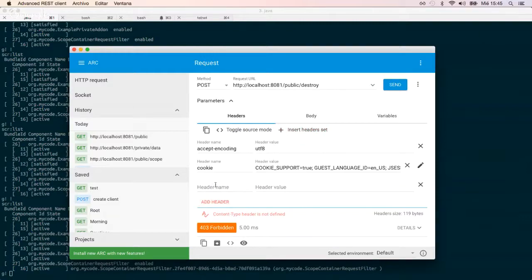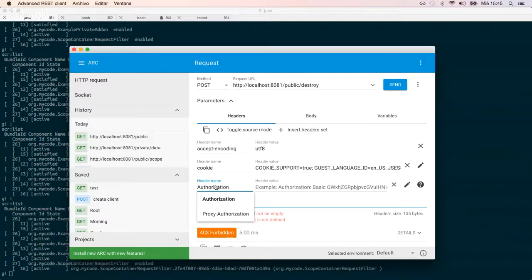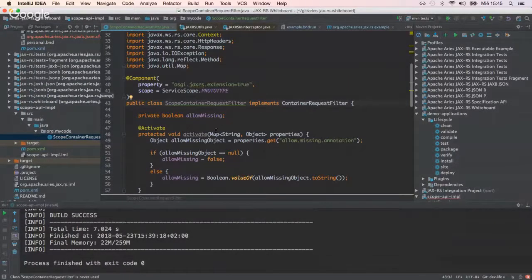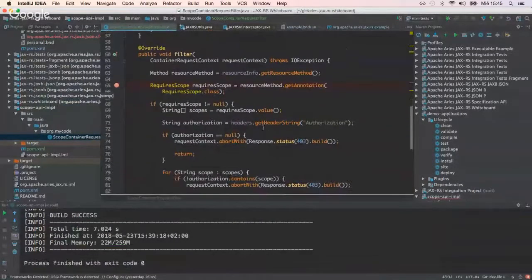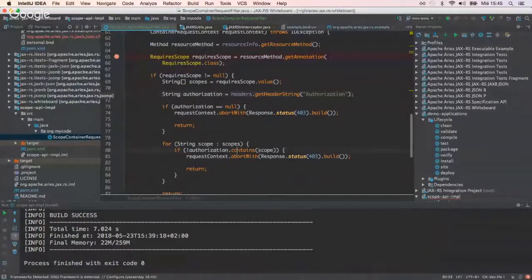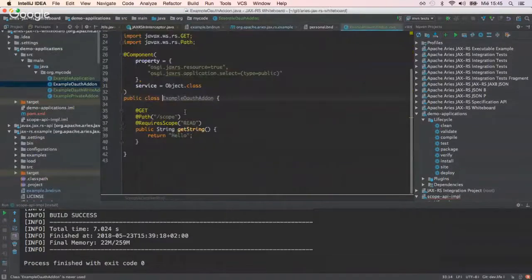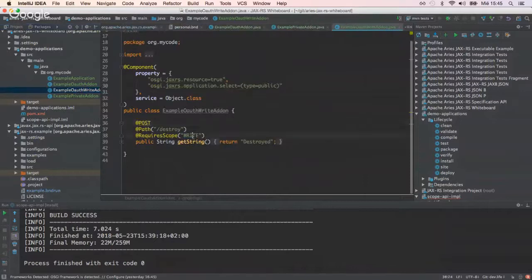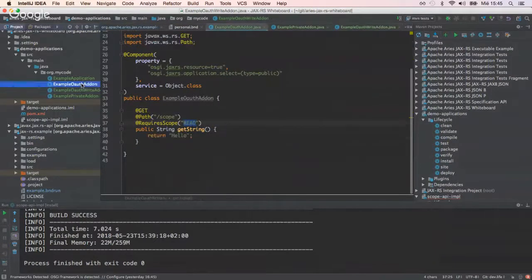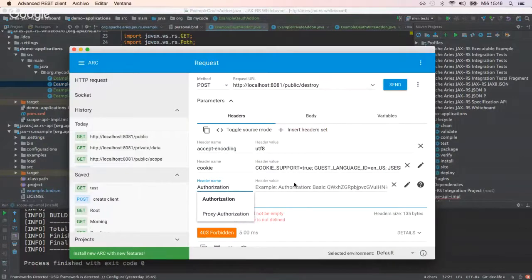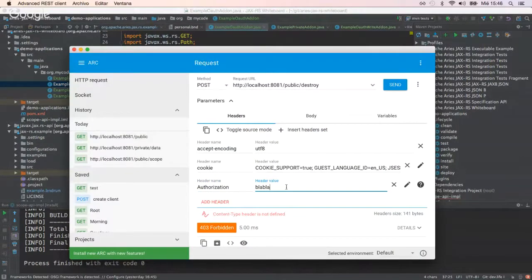It's waiting for an authorization. If you remember the implementation, it's waiting for the authorization header to just contain the name of the scope. In this case, example OAuth is expecting a scope read, and OAuth write is expecting a scope of write. Okay. So with that information now, we can see that if we say blah blah here,